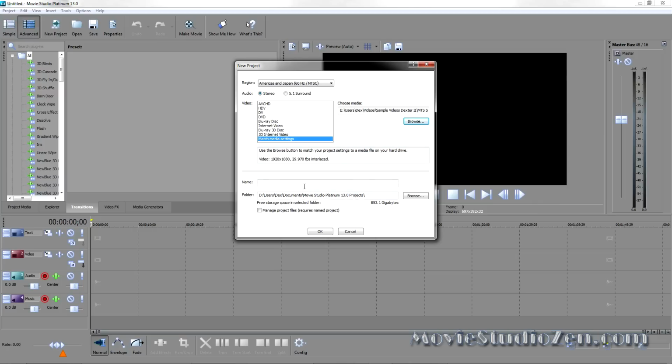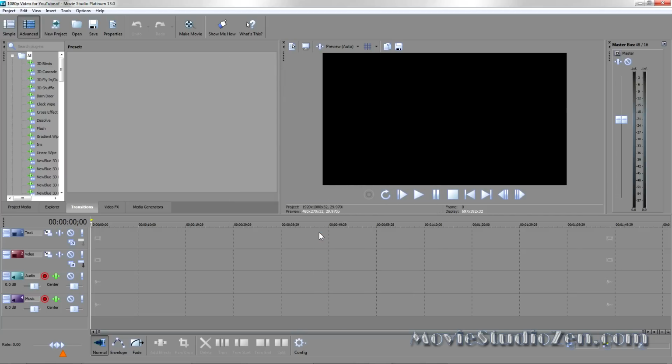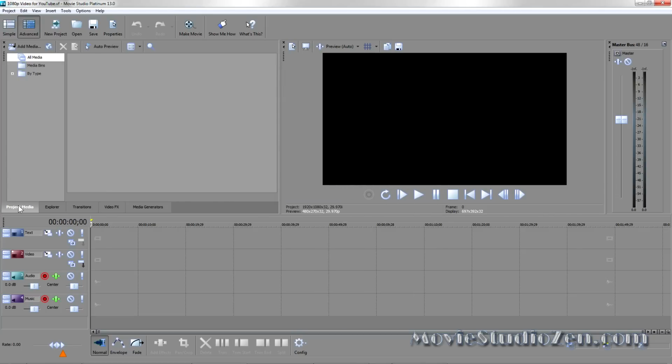and I'll show you what that's done in a few moments. Next step is to name your project, very important, and tick this box. And that will create an automatic subfolder for your project to live in. Great idea. Click OK. Okay, now we can start importing some media. So there are quite a few ways to import videos and pictures and audio, but I'm just going to show you the 2 most common methods.